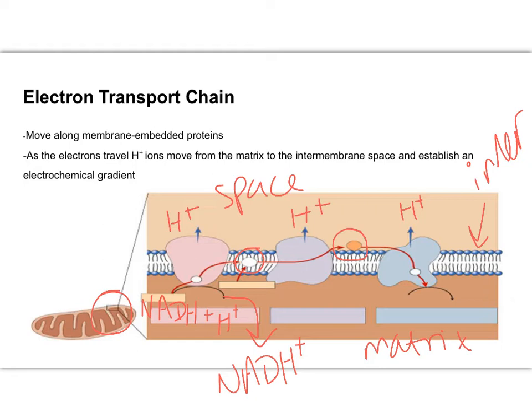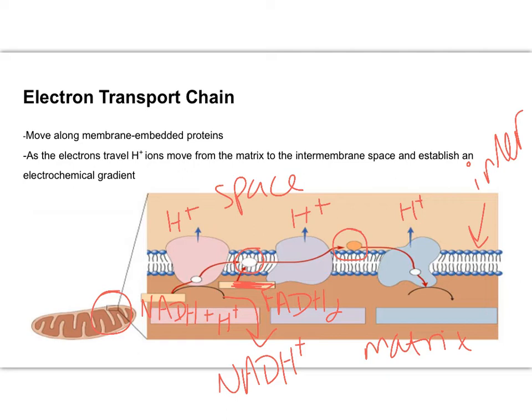Okay, and then what we have entering a little bit later will be the FADH2s. So the FADH2s get dropped off over here, right at the first little transfer protein. So the NADHs get dropped off first, and then the FADH2 will jump in and drop off its electrons. And so again, no matter where the electrons came from, they're pumping hydrogens across at those large proteins as